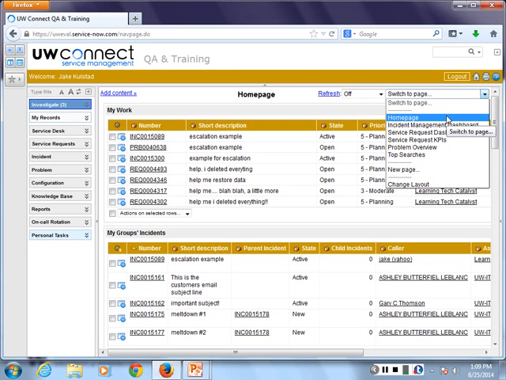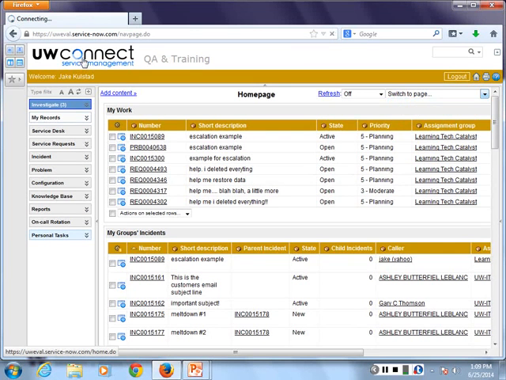That make sense? So I know that the natural tendency is to click around and try things out. For much of today, I'll ask that you actually click with me, just so we can all go through the same exercise and really learn the platform. So again, make sure you are on your home page there. At the top left is our UW Connect logo. If you click on that, that's going to take you back to your home page.